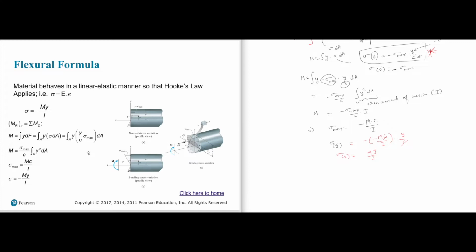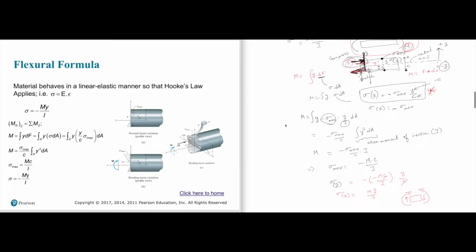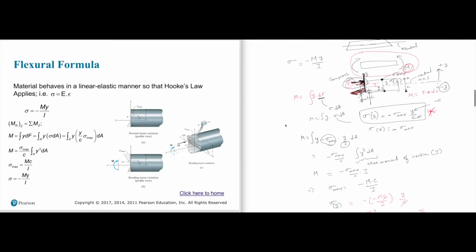Positive representation is whenever you take on the left hand side, moment has to go clockwise, on the right hand side counterclockwise. This is the positive representation. Shear going down on the right hand side, shear going up on the left hand side. That's the positive representation. So in our case, we had the positive representation incorporated,